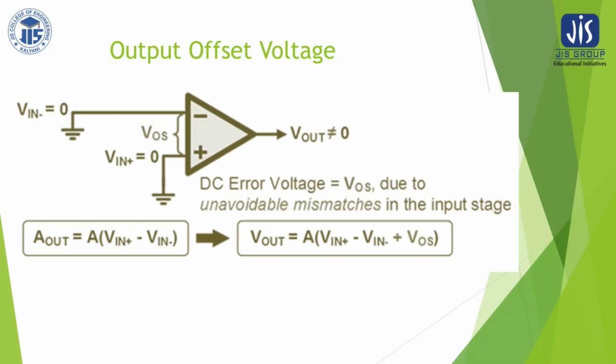So this needs to be nullified, because if there are millions of op-amps, then such a minute amount of voltage may contribute to a large amount of voltage. So how to nullify this one? You see, this current which is entering into the inverting terminal, IB minus, is also flowing here from the output terminal. So what is the output voltage? Since this is ground, this is also ground, therefore V0 is equal to Rf into Ib minus.